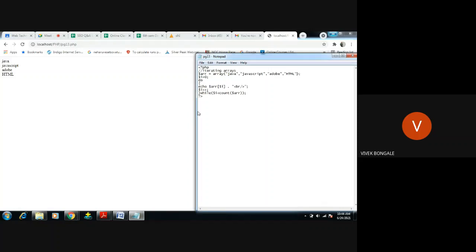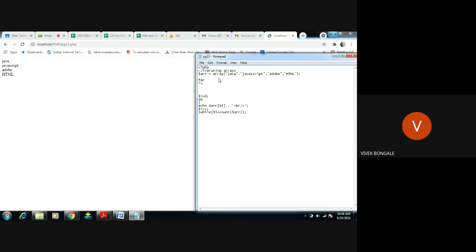So for statement, I will cut all these things. Okay, control X, will paste here, control V. Same, I'm not changing anything here, right? Just the statement I'm changing, right?